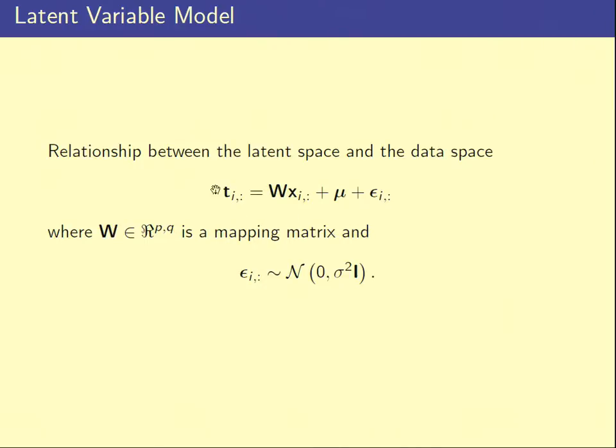And w, if there's p elements in t and q elements in x, so there are q factors and p observed tests, then w is a matrix which is p times q. We know that because x is a little vector of these factors. It's inputs. So it's like in the regression, just as before. X is inputs. But now they're unknown. We don't know what x is. So x is sort of what's going on in your head or something. And then we observe the results from your test.